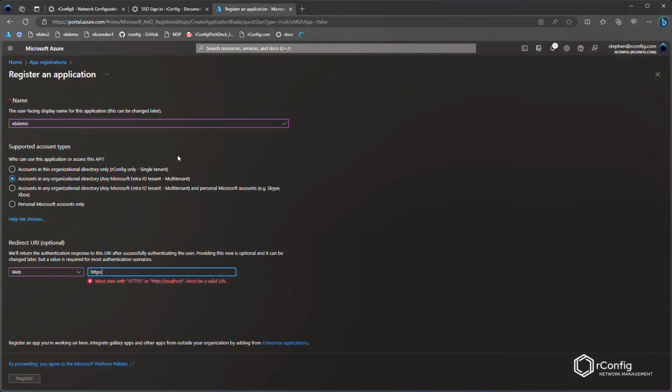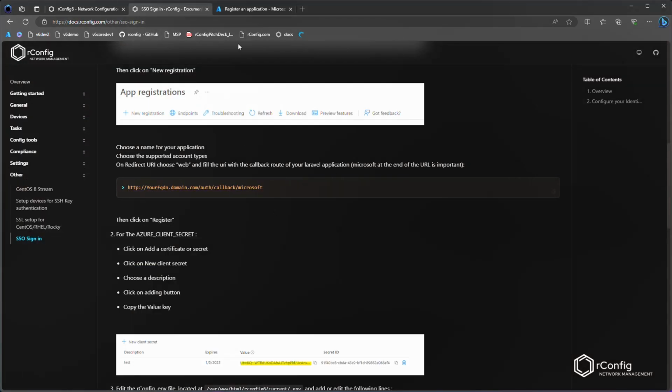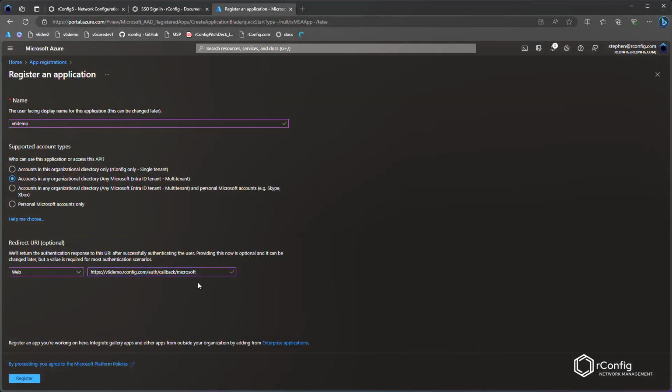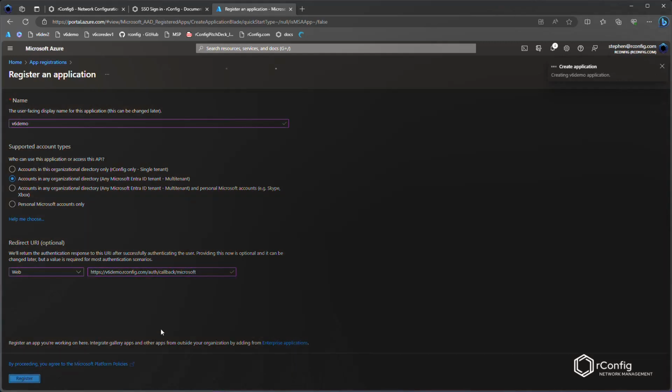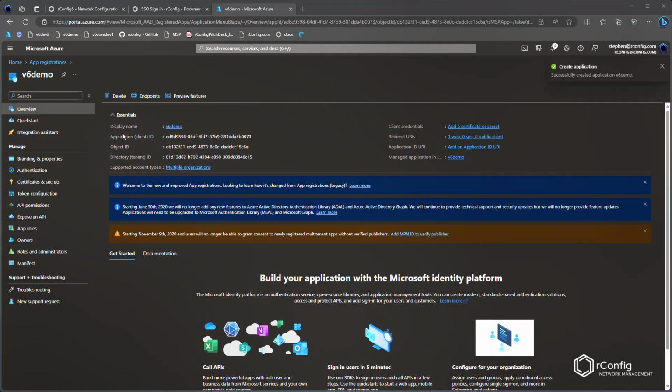So if I come back, paste it in. Our docs should have an S here, right? But that's okay, fix that afterwards. v6demo.rconfig.com, and the rest is really important, that it is precise and matches exactly, without a colon. There's no colon. I'm not sure how a colon ended up in there, but anyway, that's exactly the format we need to have. Go ahead and register, and what we need to do then is copy our application client